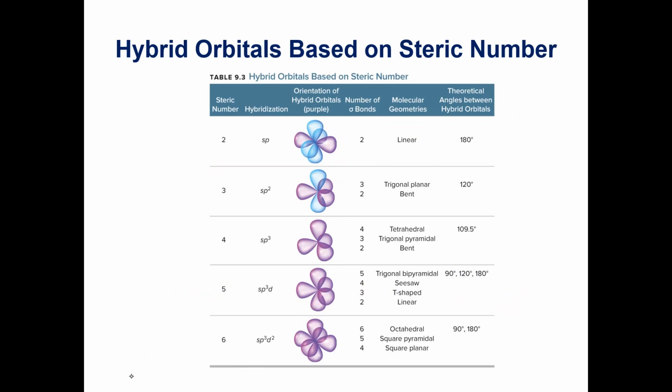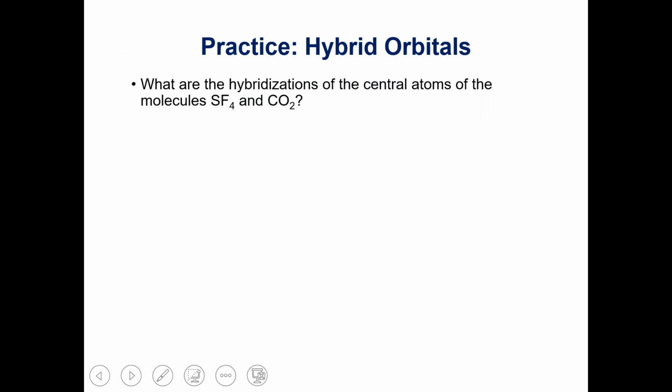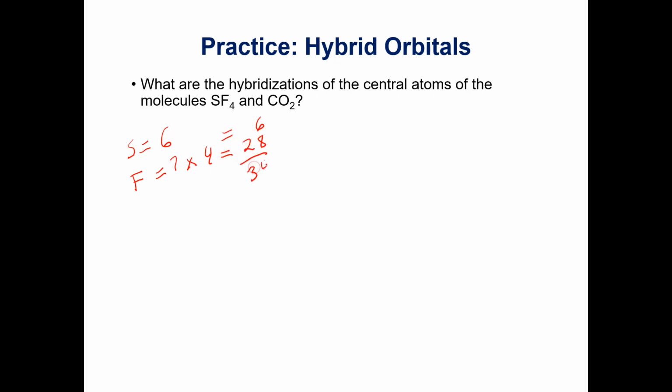Okay, so this is a table that shows you the hybridization based on the steric number. And I will give you a table in class that also has this information on it. So let's take a look at a couple of examples here. So if we have SF4, sulfur has 6 valence electrons, fluorine has 7, times 4. 7 times 4 is 28. Plus 6 is 34. So if we draw sulfur with the fluorines around it,